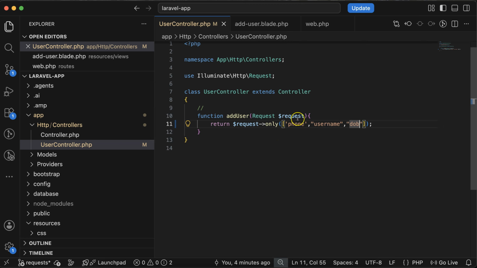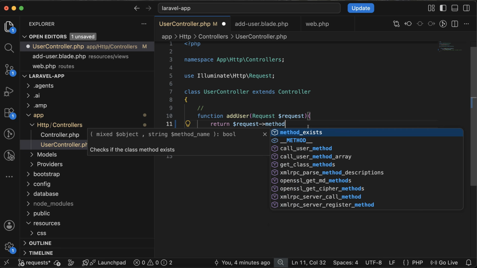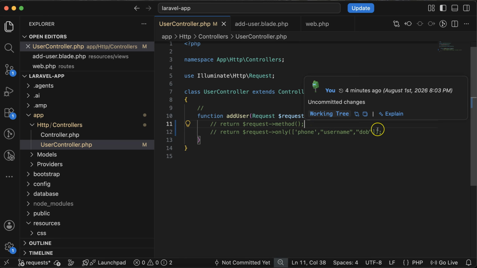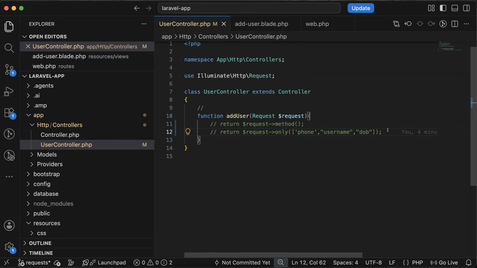Now the next thing is, I'm just commenting it out, and let me comment the previous one also. $request then method, right? Because these are the important methods of the request object, so that you can get all this code on the GitHub. That's why I'm just making them comments, I'm not removing them. Next thing is, let's say you want to get all the input fields except these inputs. Then how can you do that? Again, return